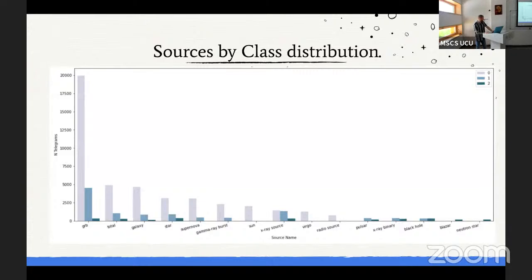A couple of interesting distributions we can inspect: if we build a distribution of found sources by their citation class, we can notice that some sources like the Sun, I believe it's 7th or 8th on the left, are mainly assigned to the uncited class, which is pretty logical, right? We can see the Sun all day, why would we care about it?